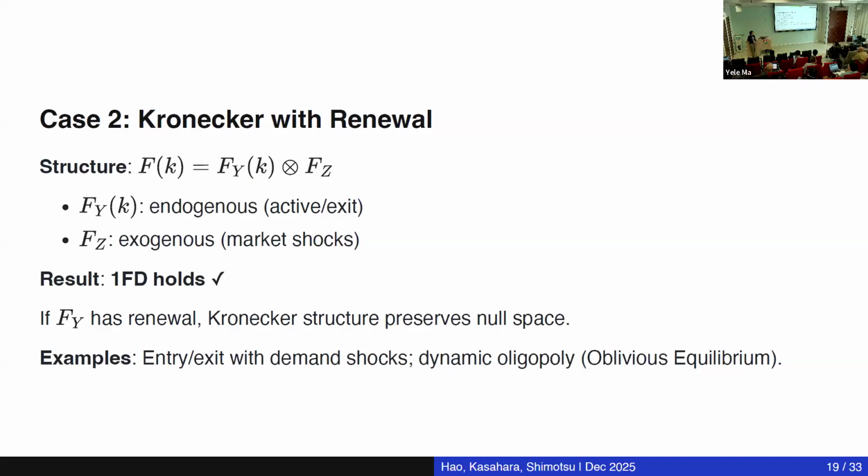The second type of structure is very common in IO, and I think it's also common in labor. You have this type of Kronecker structure of the transition matrix, where I call this Fy the endogenous part of the transition matrix, and this Fz the exogenous part. In IO, it could be entry-exit with some exogenous productivity shock. And in labor, it could be the labor choice, the Roy model, with some exogenous wage shock. And as long as this